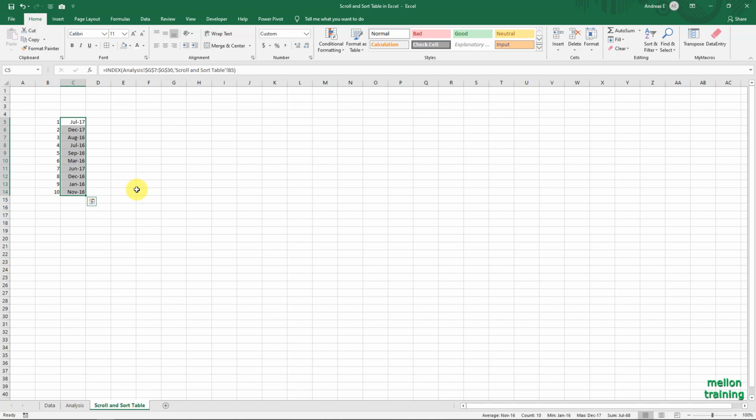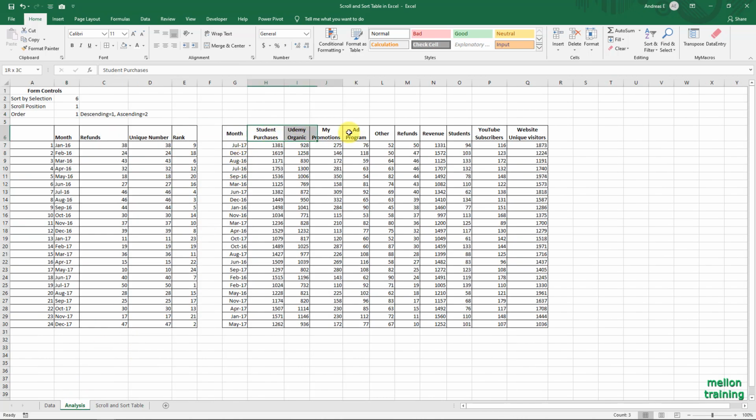The next step is to make the 10 columns from student purchases to website unique visitors.